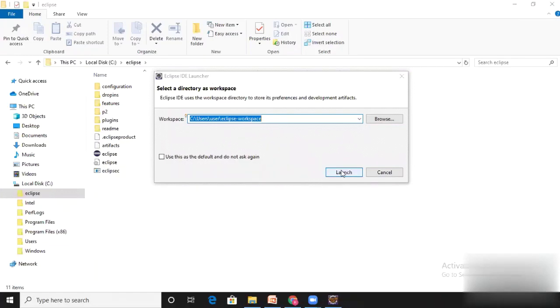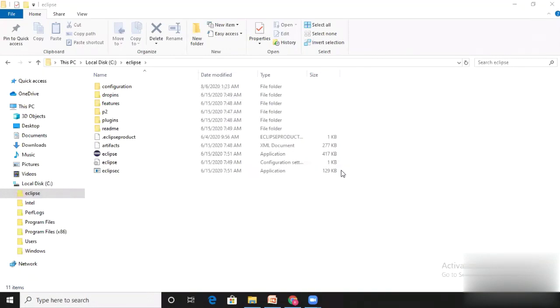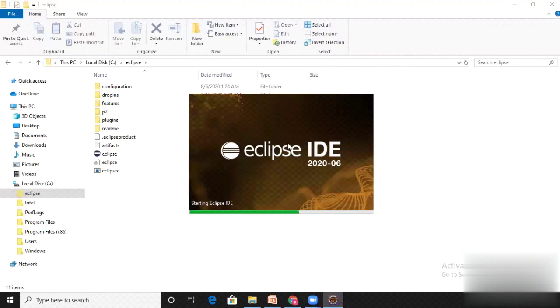Simply click on launch. Again Eclipse is starting, and a green progress bar is running. The first time you start Eclipse, it takes time to launch.